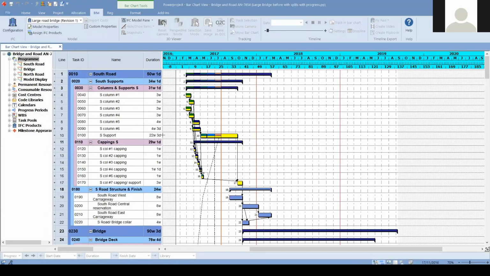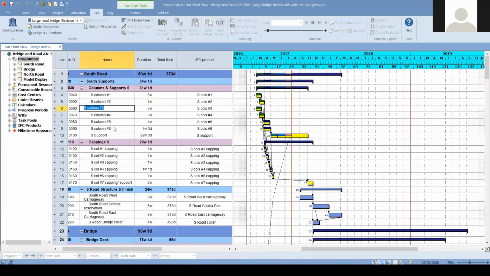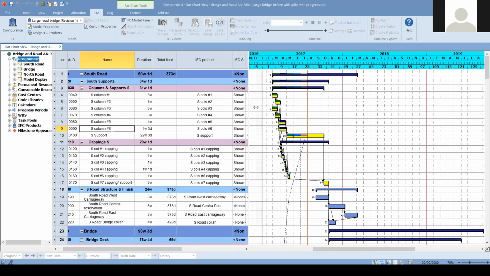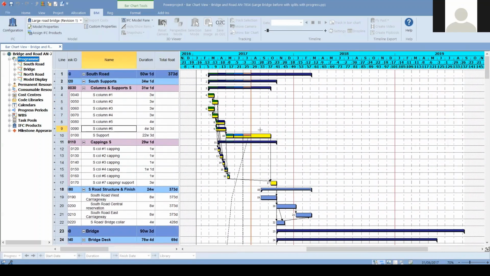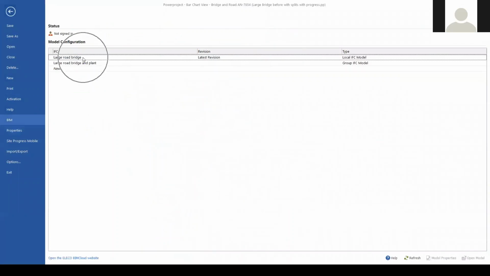Where we can input data from Excel is again from file, import, export, or we can directly copy and paste the spreadsheet. Then we'll be able to have our schedule on Powerproject too. And we can have the floats, we can have many columns on our project, so we can prepare for our views. And then we can go to the file, BIM, and you see that we are able to import IFC